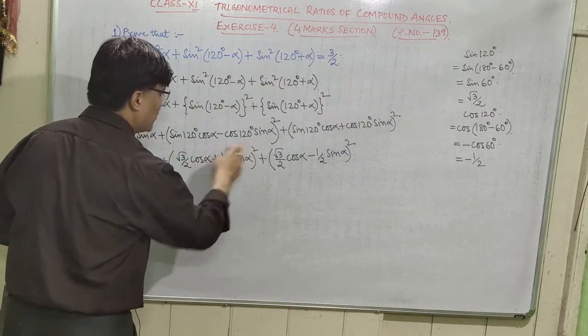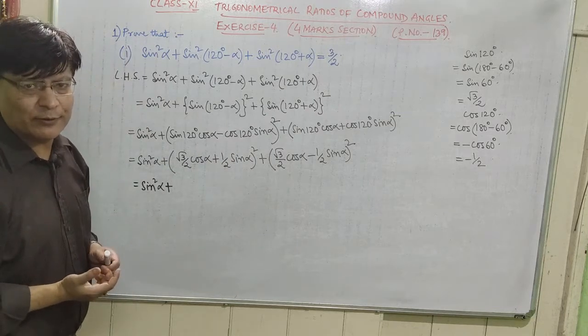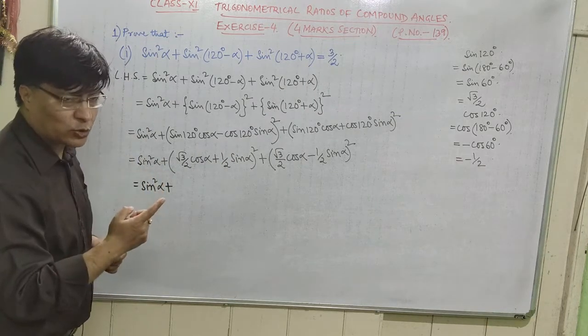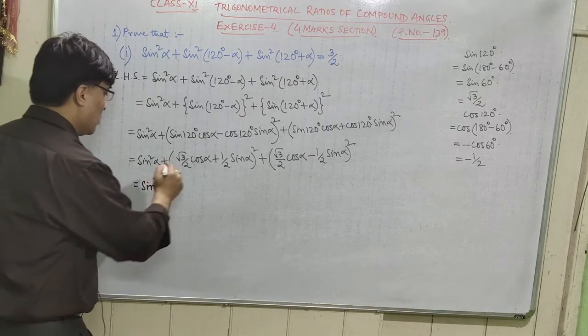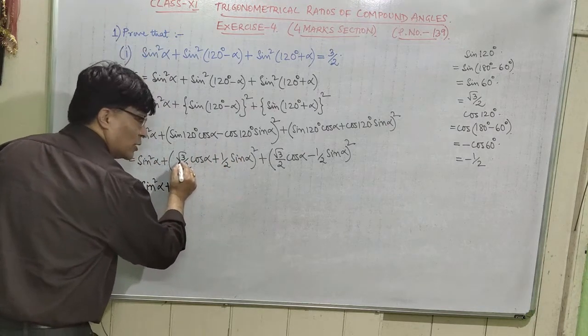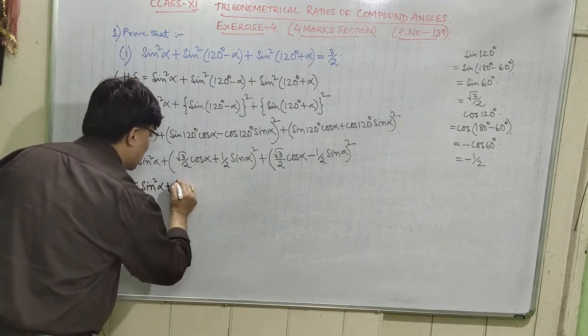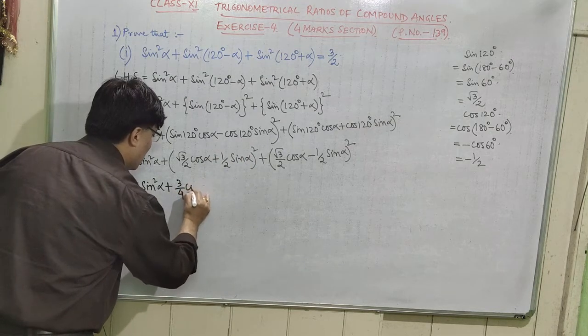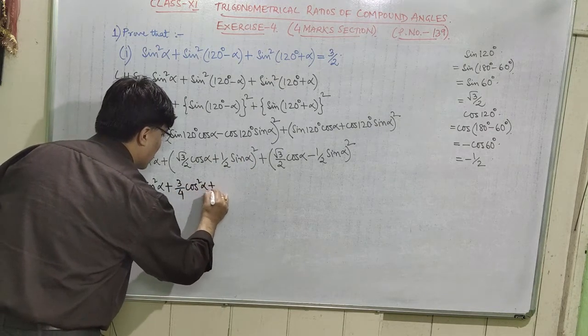This is (a plus b) whole square. You know (a plus b) whole square is a square plus 2ab plus b square. What is a whole square here? A whole square is (root 3 by 2 cos alpha) whole square, that is 3 by 4 cos square alpha